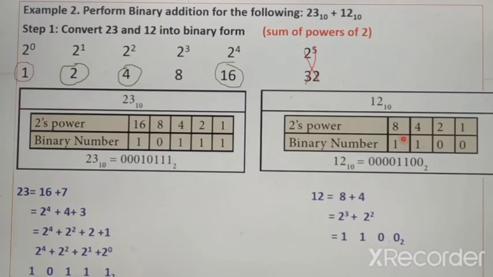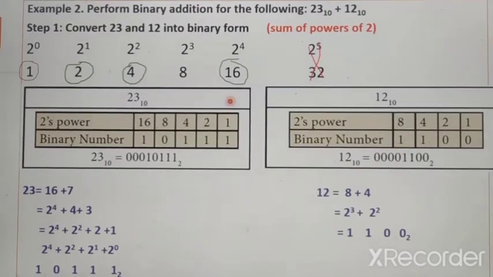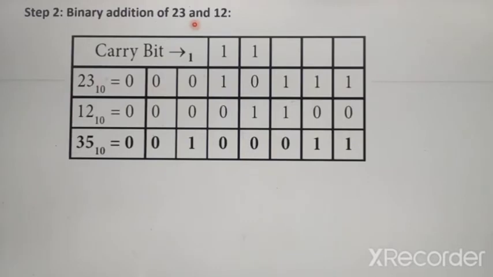Like this, we can convert the next decimal number also into its equivalent binary number. Here 1100 is our equivalent binary number for 12. That is also written in 8-bit length. Here we have only 4 bits. We have added 4 more zeros in the leftmost bits. Now we have binary numbers for both decimal numbers. So next we can add these two binary numbers. Next we can go to step 2.